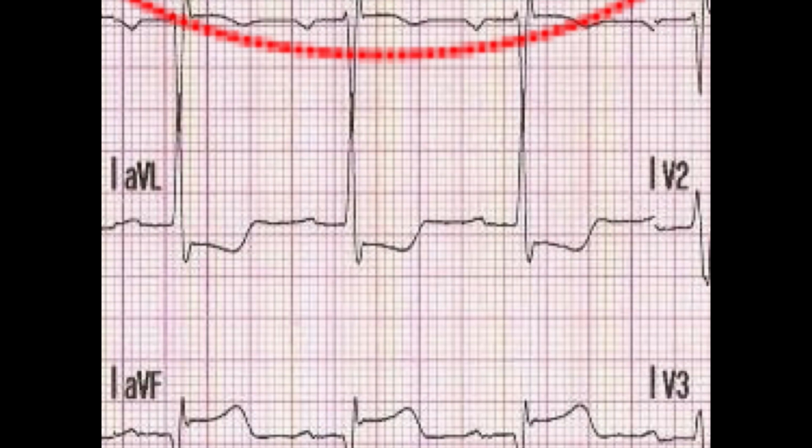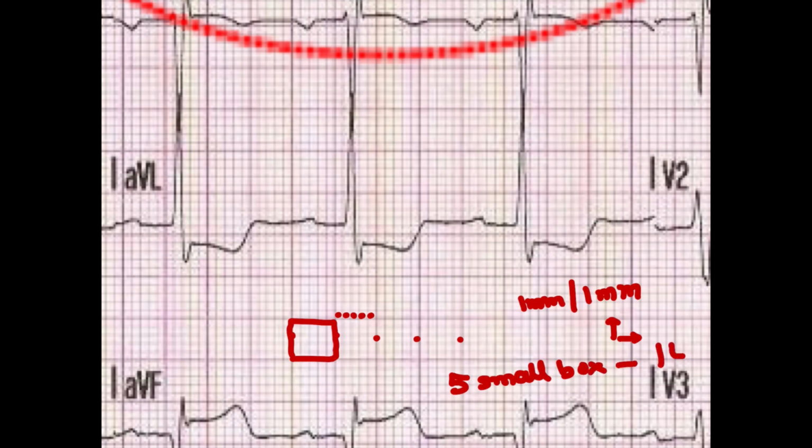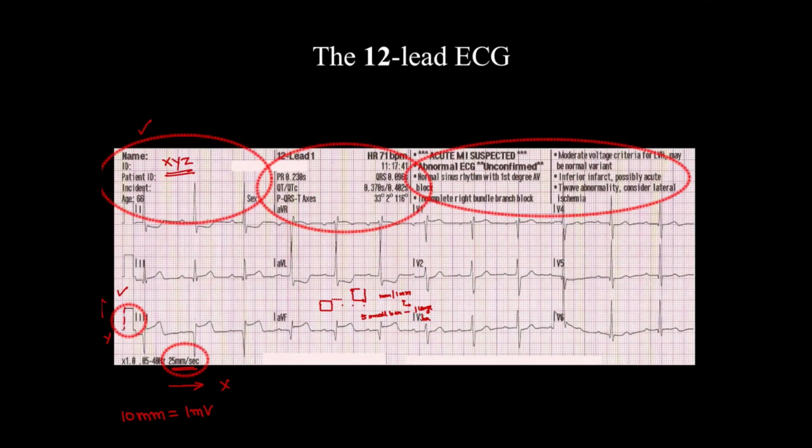As you can see, if I'm enlarging this, there are various points at various intervals. So these form a large box, and each large box you can see is divided into small boxes like this. Each small box is 1 millimeter by 1 millimeter in dimension. So the width is 1 millimeter and the height is 1 millimeter, and 5 small boxes make one large box. So the 5 small boxes in the x-axis and the 5 small boxes in the y-axis make up one large box. This is about the graph paper. We'll see how the calibration works there.